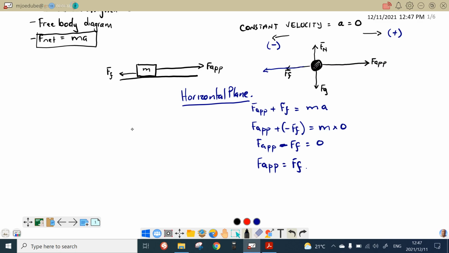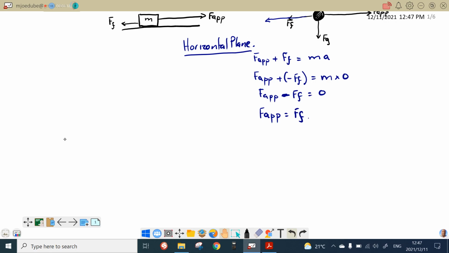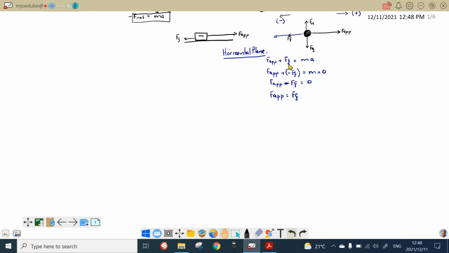Now, if you were to calculate what happens in the vertical plane, remember what we said, this object is moving along the horizontal plane. So there is no movement in the vertical plane. So what that simply means is that the FG plus FN are going to be equal to 0. So on the vertical plane,